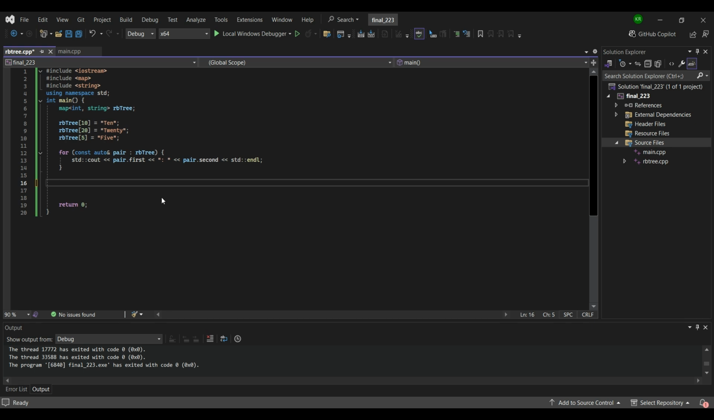One example of how to use a red-black tree is this map. Behind the scenes, a map uses a red-black tree to help sort our inserts. I already started by adding 10, 20, and 5, and I printed out the values. If I want to find a key within our map, all I have to do is say if our red-black tree dot find with whatever key we are looking for is not equal to the end of our red-black tree,